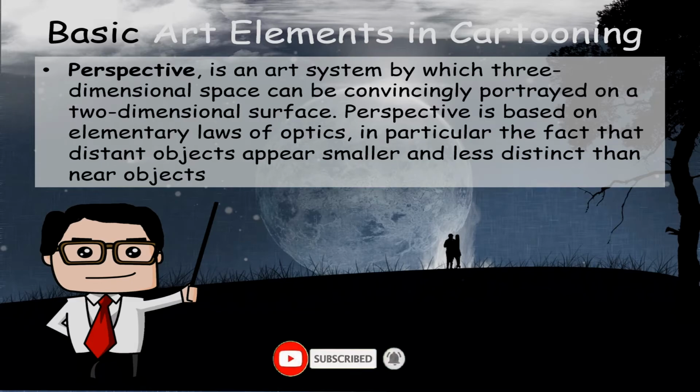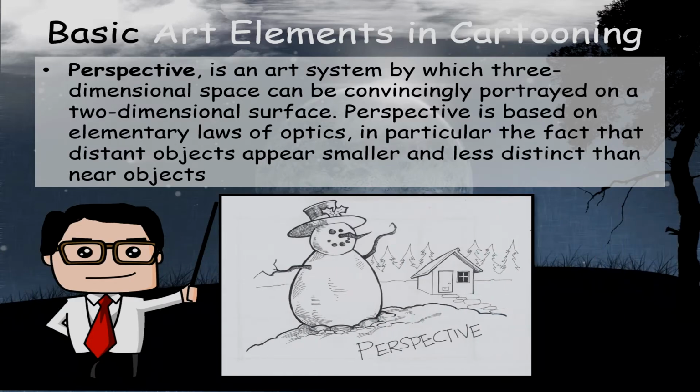Basic art elements in cartooning. Perspective is an art system by which three-dimensional space can be convincingly portrayed on a two-dimensional surface. Perspective is based on elementary laws of optics. In particular, the fact that distant objects appear smaller and less distinct than near objects. For example,